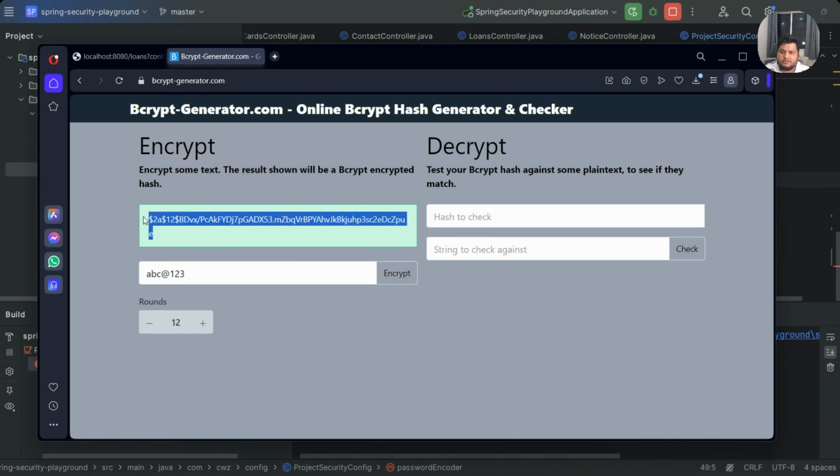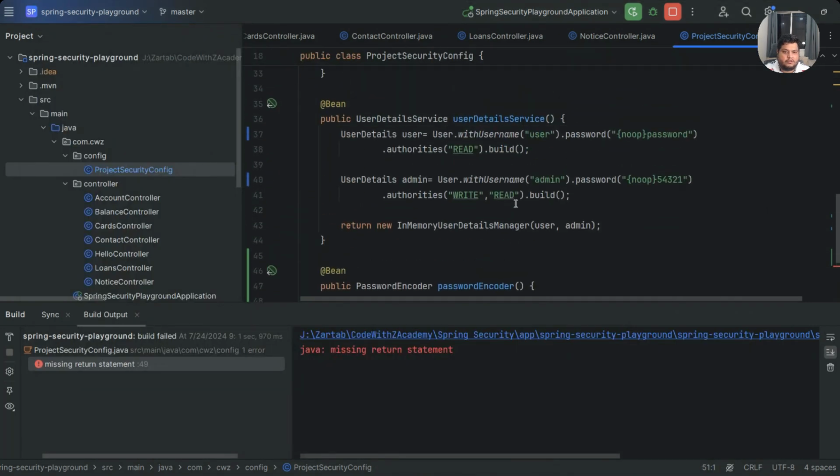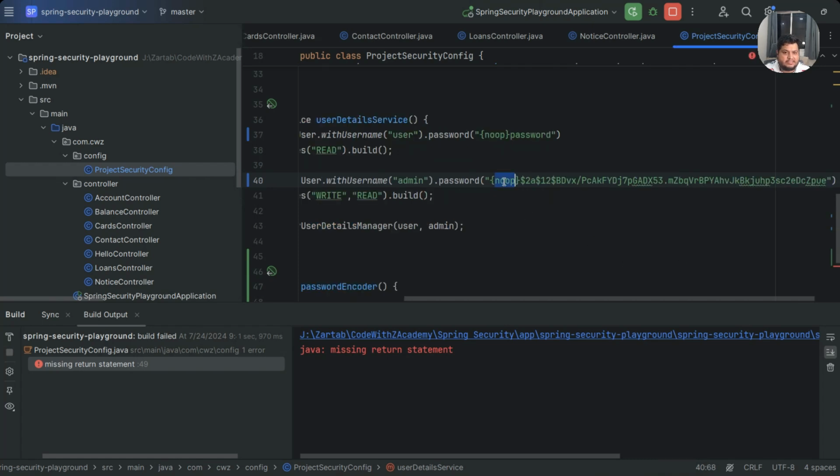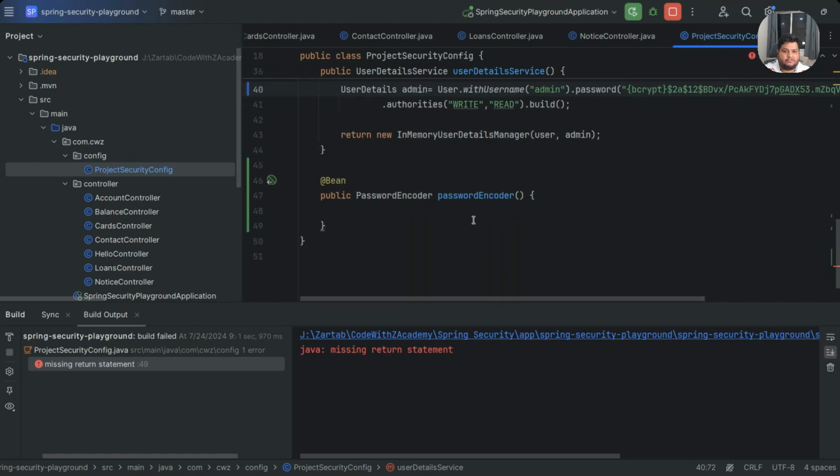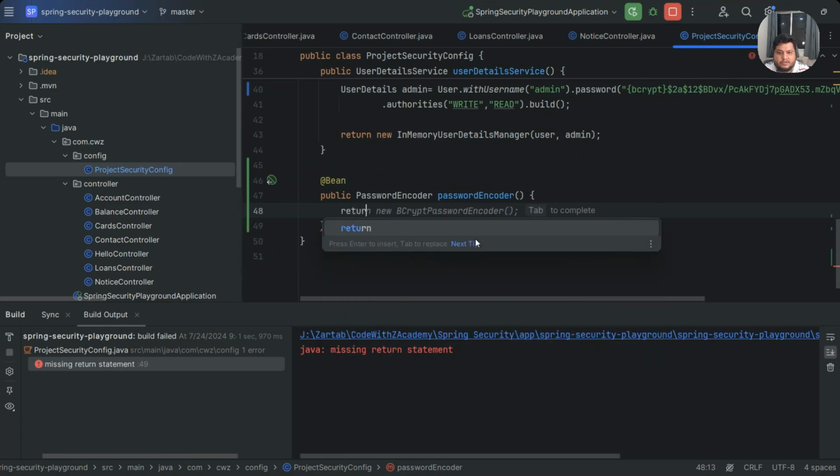So now, see, what I can do is I want to add this password encoding. How? I want to change my password for admin. I pass it like this here, and here I say it is bcrypt. Okay, this is bcrypt here. So in the bcrypt, what am I saying? I have got the encoder, but there has to be an encoder enablement for that. So what we do is return